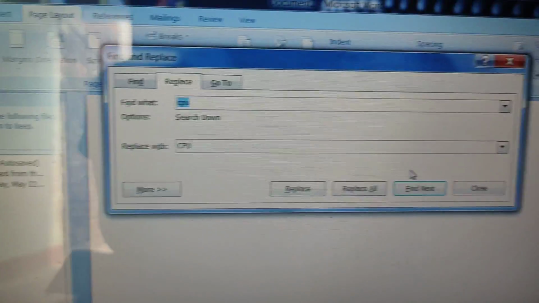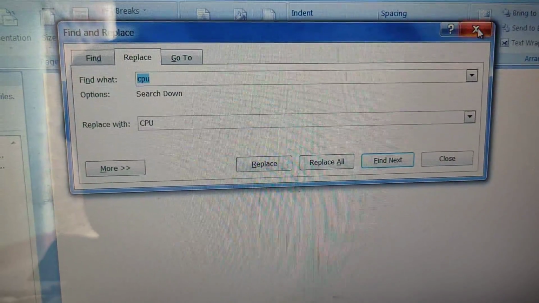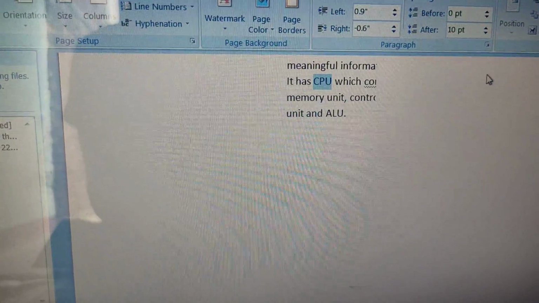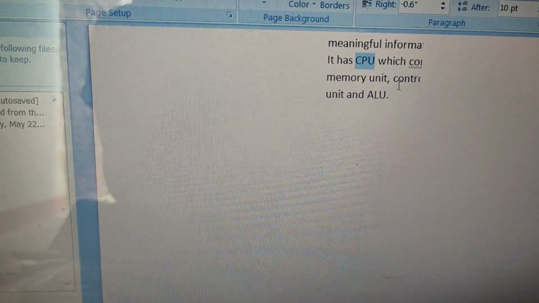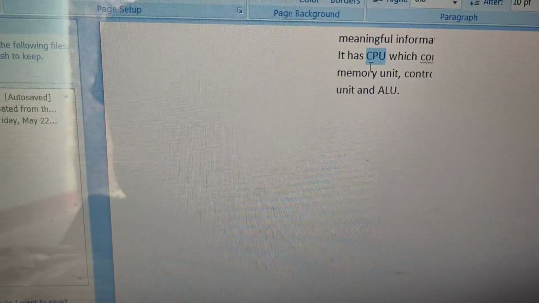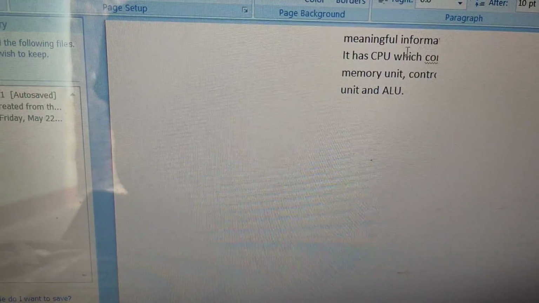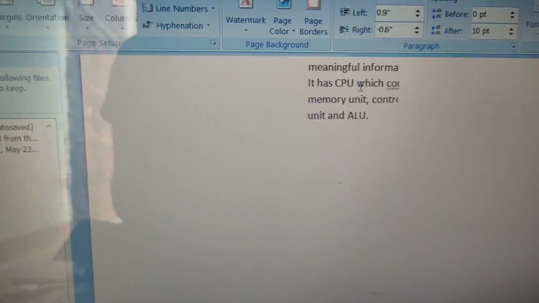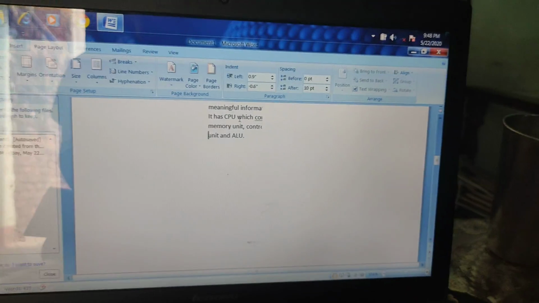You can see the change. The CPU in small letter is changed into CPU in capital letter. Similarly, you can find another word also. I hope it is clear to you.